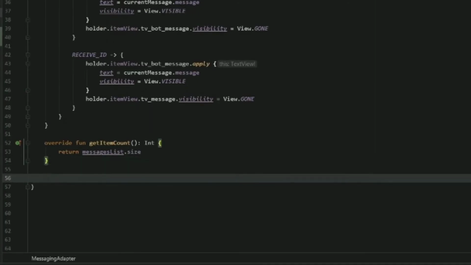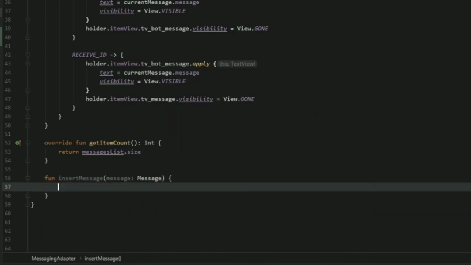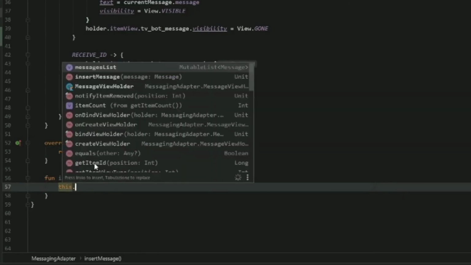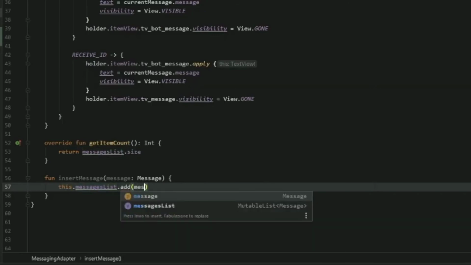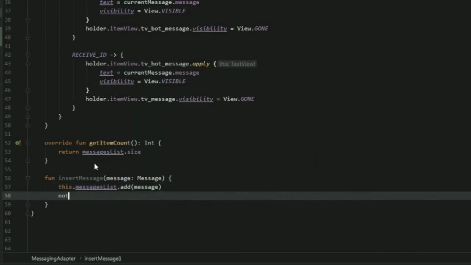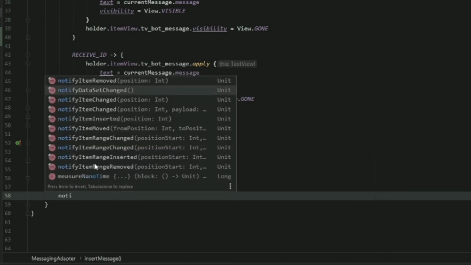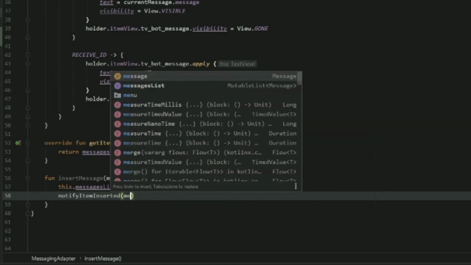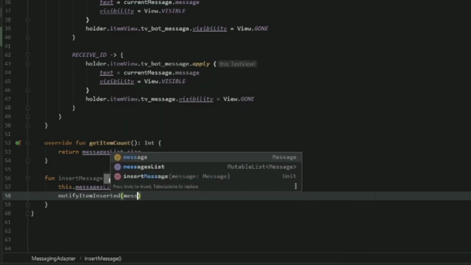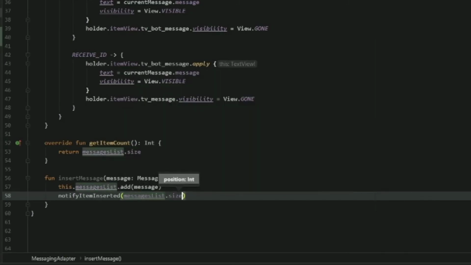And it's going to be a very simple function. It's going to be called function insert message, and that's going to take a message of type message as a parameter. And finally, inside here, all we have to do is refer to our message list, which is the one at the top. And we're going to type in this.messagelist.add, and we're going to say add our message. Then we also want to notify that an item was inserted, and this will give us a very beautiful animation as well. So make sure to call notify item inserted at messages list dot size, and as soon as you